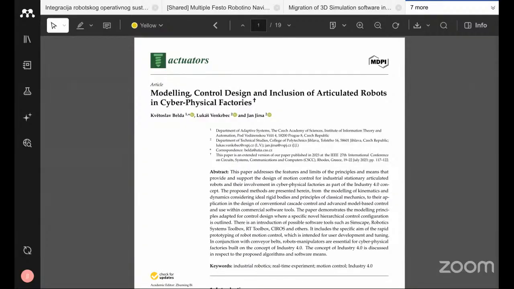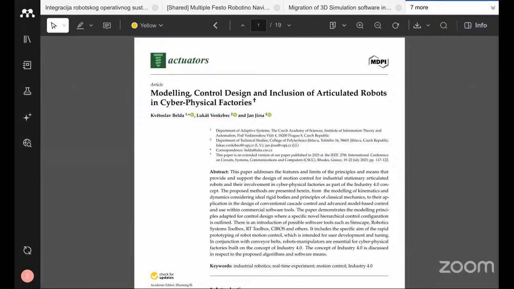The proposed methods are presented herein from the modeling of kinematics and dynamics. So modeling means mathematical modeling as well as the dynamic modeling, considering ideal rigid bodies and principles of classical mechanics to their application in the design of